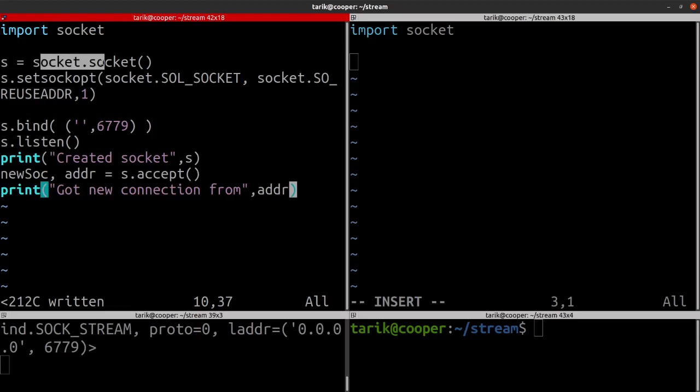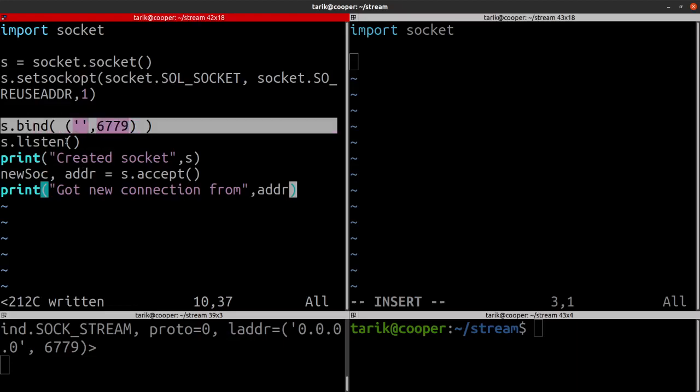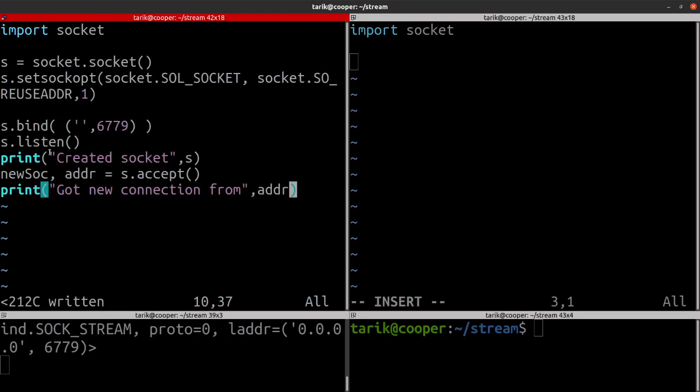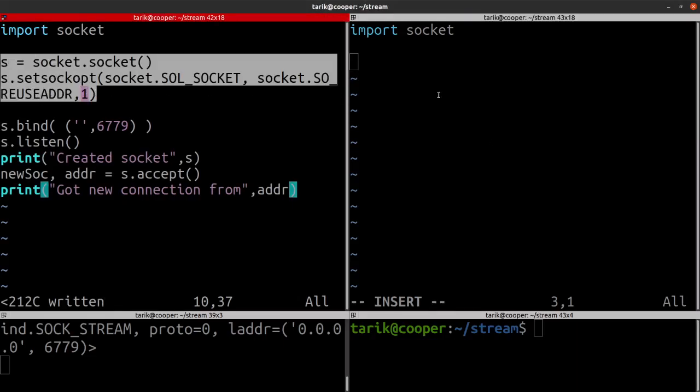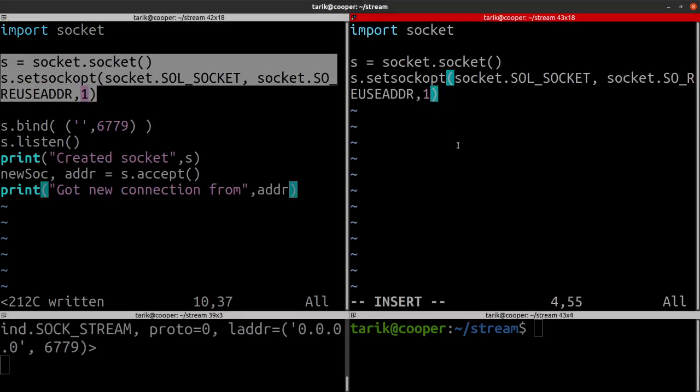Okay, so let's have a look. We've created a socket, we've set it to reuse, we've bound to a port, and we're listening for connections. We're then just accepting new connections. Okay, now let's look at the client. The client, we kind of need to start with these ones. Exactly the same there. We're using sockets just the same, we're reusing the ports just the same. The difference is